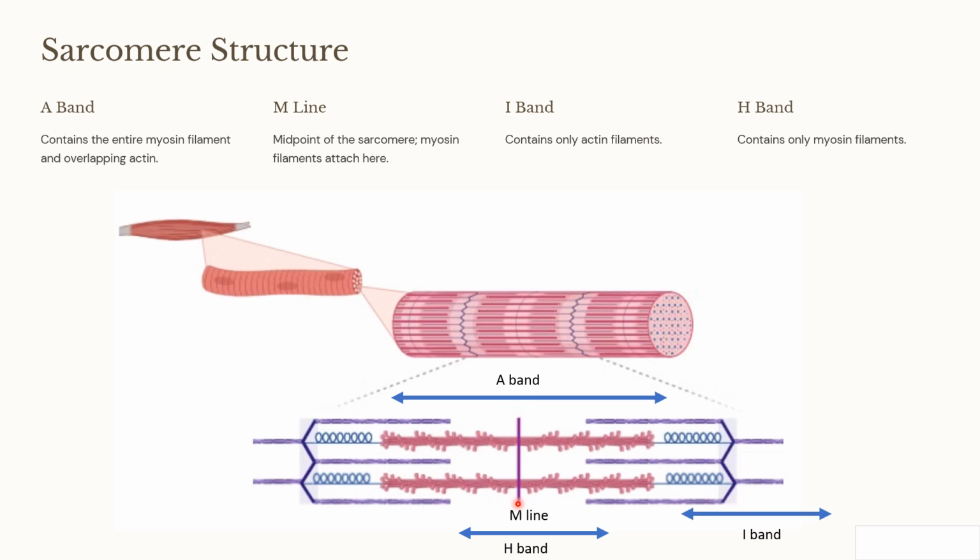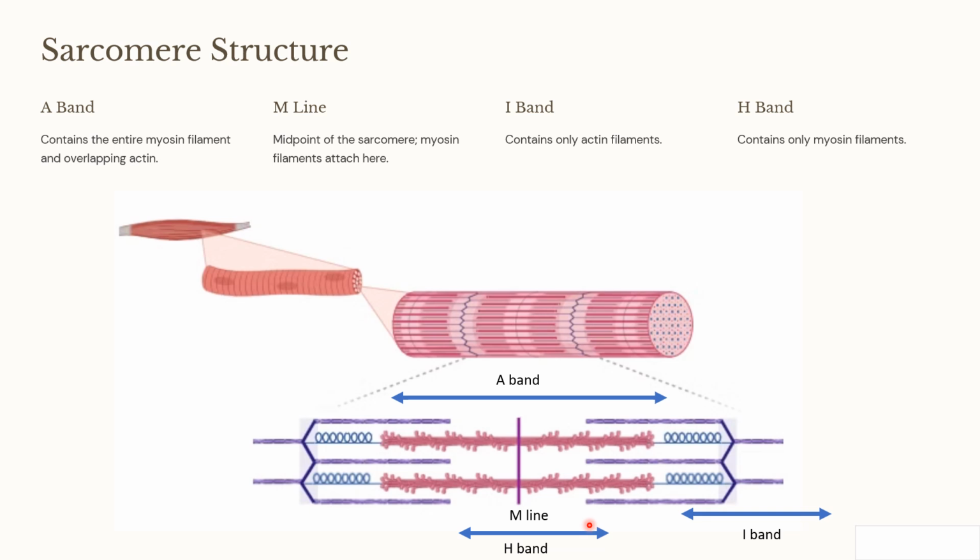Now the middle line, that is this line in the middle, is the M line. I used to remember that the line which is present in the middle is the M line, and the entire myosin which we see, that is the entire pink, is the A band. That A band is the entire myosin, which is also overlapped by actin. But there is a part of the myosin which is not overlapped by actin,